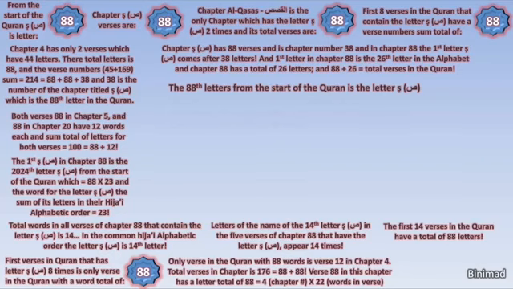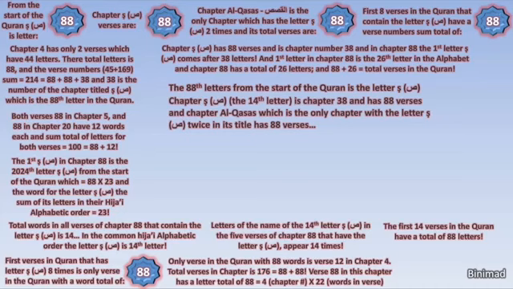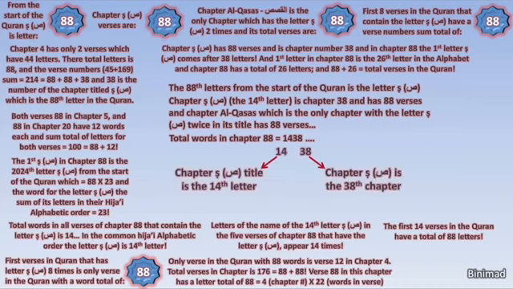Chapter Sad has 88 verses, and chapter Al-Qasas also has 88 verses. But chapter Al-Qasas is also the chapter title with the greatest number of letter Sad in its name, which is 2 times. When we count all the words in chapter Al-Qasas, they are exactly 1,438. Can you see it? Yes, the first half of the number is 14 and the second half is 38. Chapter Sad is chapter 38 and its title is simply the letter Sad, which is the 14th letter of the common Hija'i alphabetic order.